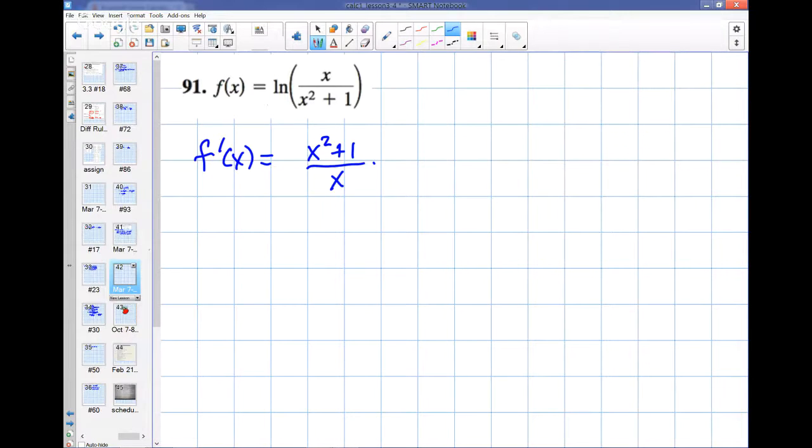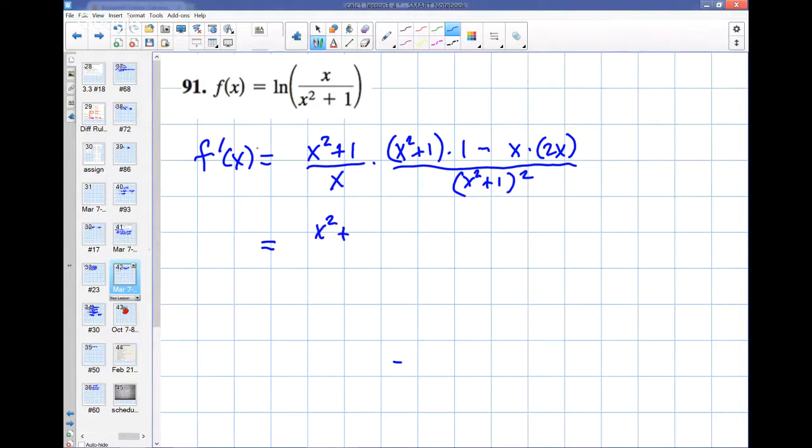Now, what's the inner function? Well, it's a quotient. So now as we do the chain rule, we have to execute the quotient rule. Okay, so denominator times derivative of numerator minus numerator times derivative of denominator all over denominator squared. So,